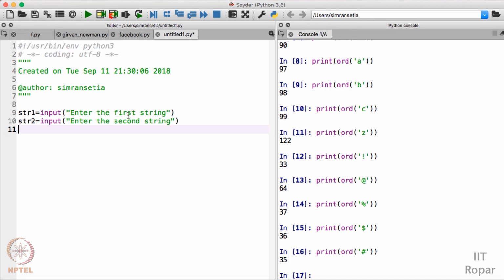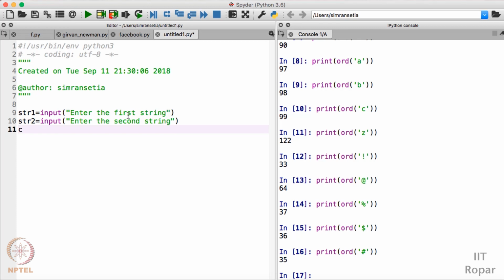Both of these strings comprise three letters, three characters: R, A and T. So if I sum the ASCII values of both these strings, the answer should be the same. If the answer is the same, then these two strings are anagrams, otherwise they are not. So I'll just write the code to sum the ASCII values of characters present in the string.